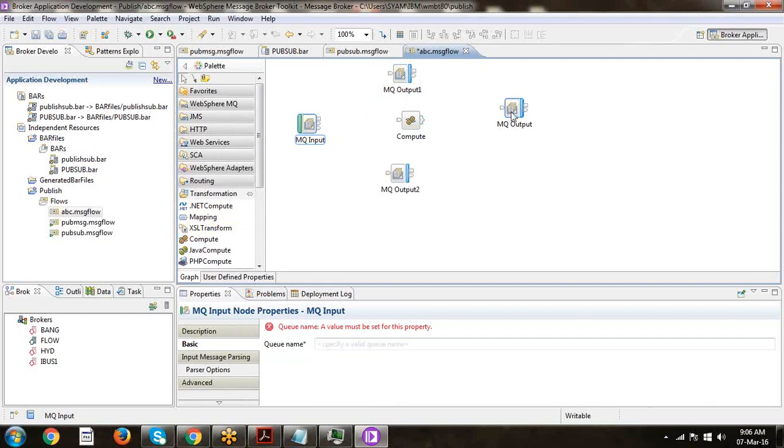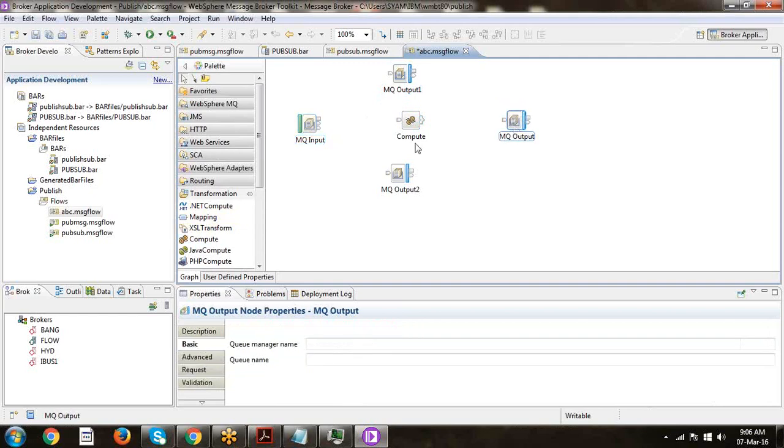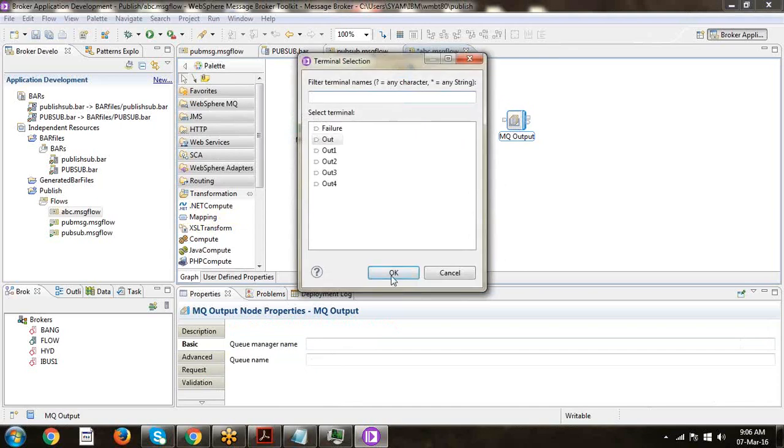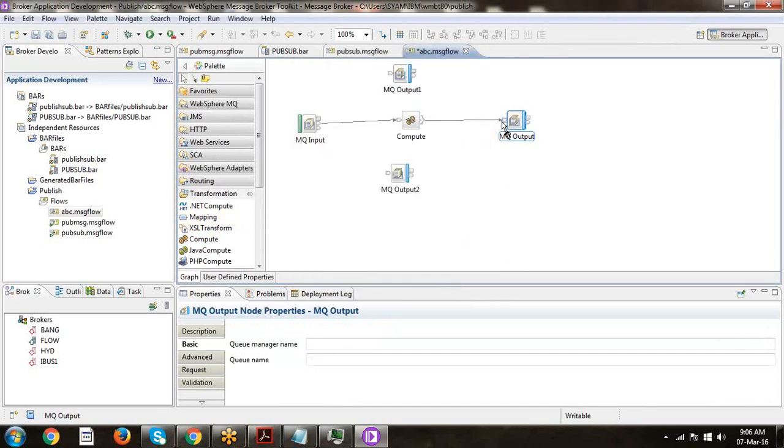See here, I am designing one message flow, for example. My message comes into the MQ input, then it lands in the compute node, where I'm applying some business logic. Then it will be delivered to the destination output queue.